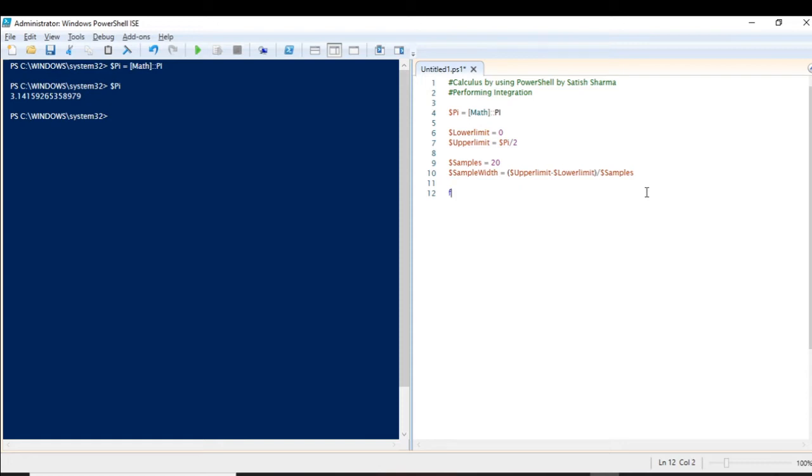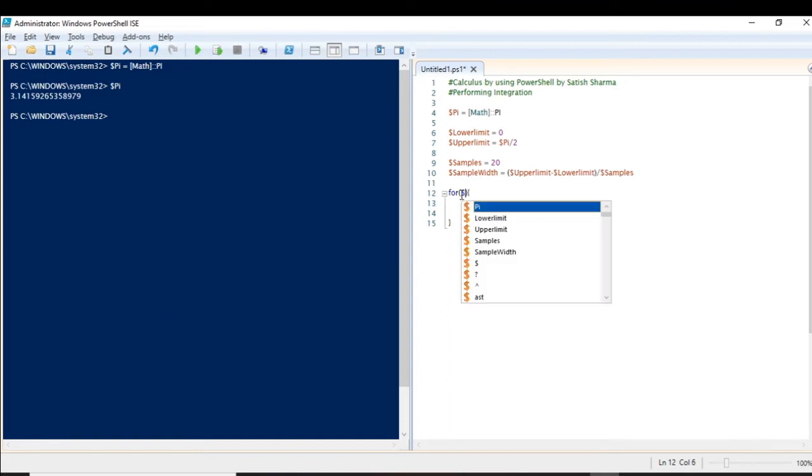Now we will be using a for loop. What will be the limits of this for loop? I have already discussed for loops in my previous video, so you can go to that video if you have doubts about using the for loop, or you can click on the I button, which will take you to that video.